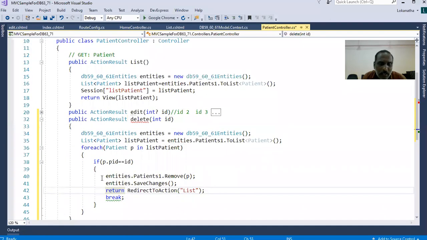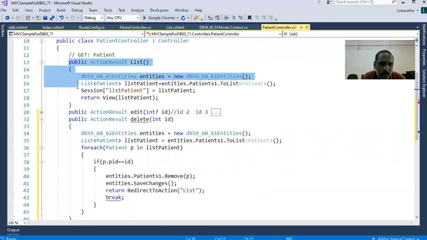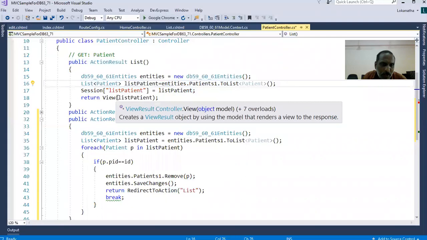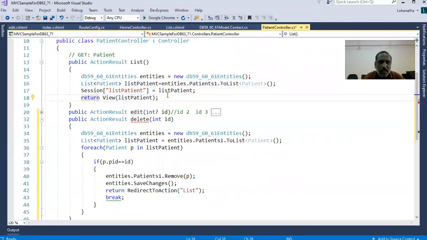Whenever the data is saved or removed from the database, we immediately call this first action method. The first action method will fetch the fresh data from the database and display it to the users in the list.